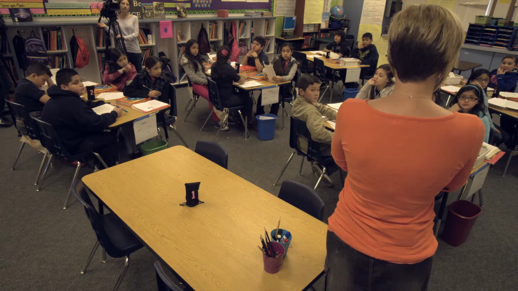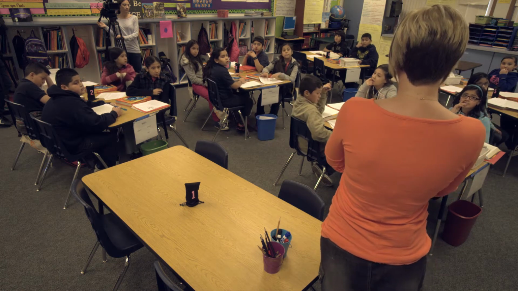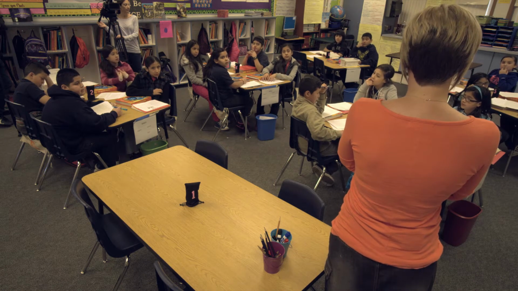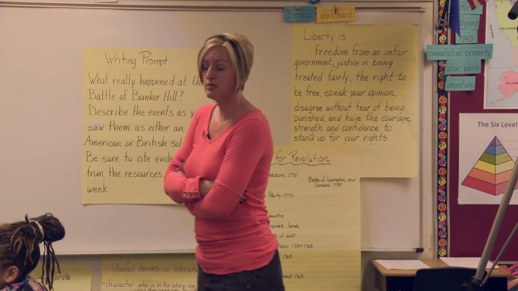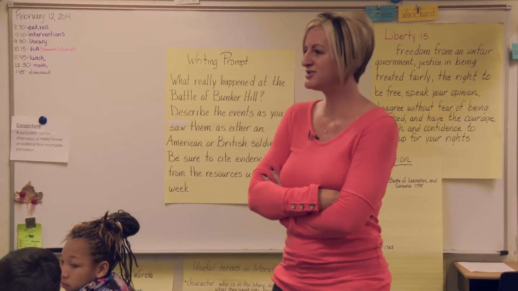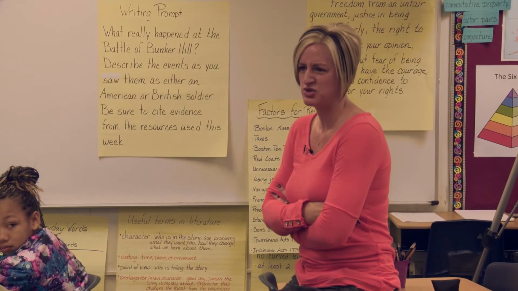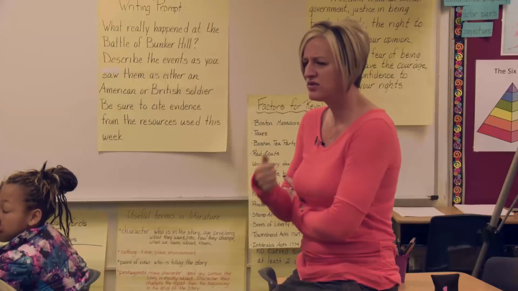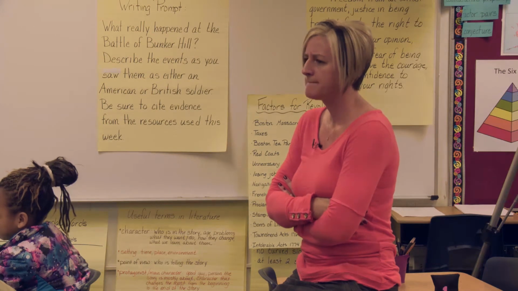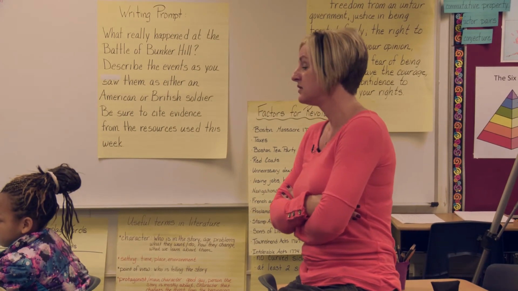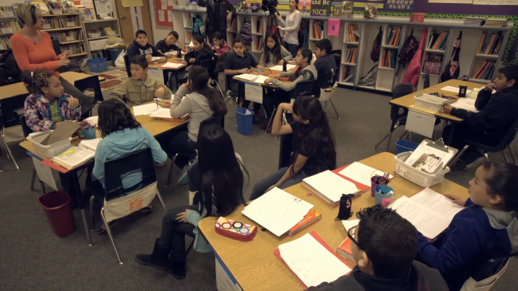So lack of ammunition, lack of troops, lack of effort on the Americans' part? No. No, why? Because they built a fort overnight. Okay, so the Americans built a fort overnight while the British were doing what? Sleeping. Being lazy. Okay, so we said it was kind of lazy on the British troops' part, right? Okay. So what else showed that heart of the American soldier? Esmeralda? They were really fighting for freedom. Okay, so they built a fort overnight. They were really fighting for freedom.